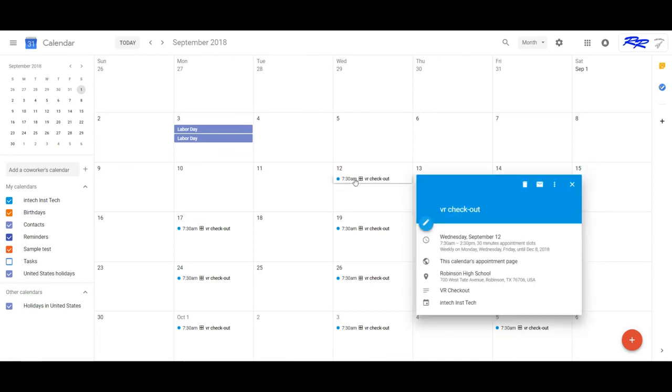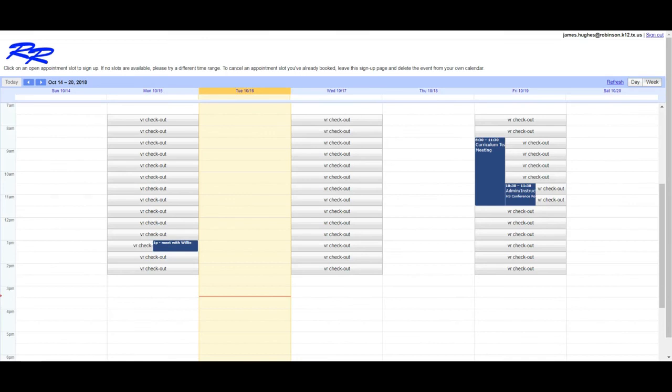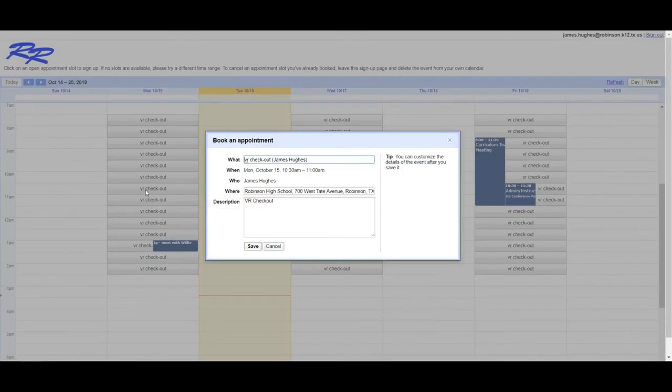What you'll do is you will go on and you will click on it, and right here where it says this calendar's appointment page, you're going to take this link right here, go up to your address bar, save it, and then you'll send it out. And what others that are going to this page will do is they will come, they will find the slot that they choose. They're going to click on it, and what I ask them to do is first put their name,